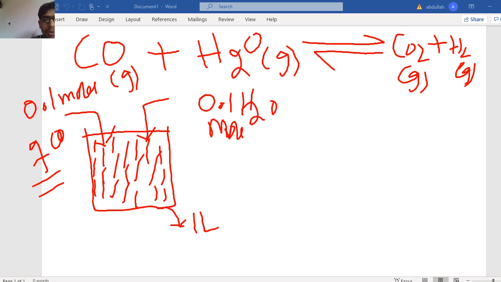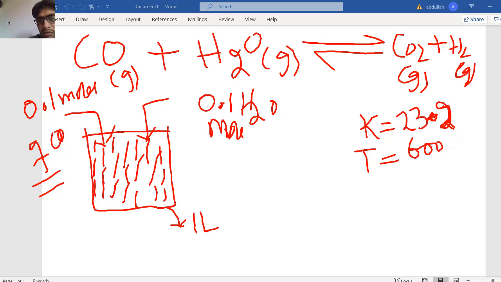We measured the equilibrium constant for this reaction, which was 23.2 at 600 Kelvin. Remember that the equilibrium constant depends on the temperature. So at 600 Kelvin, the equilibrium constant was 23.2. Now there is a question: